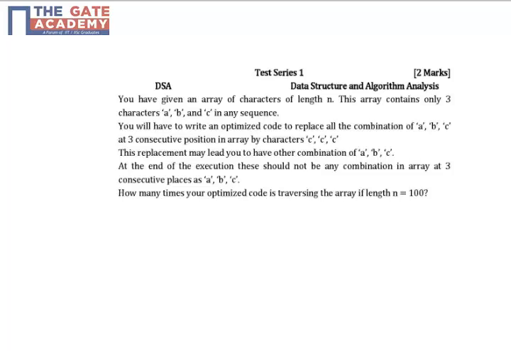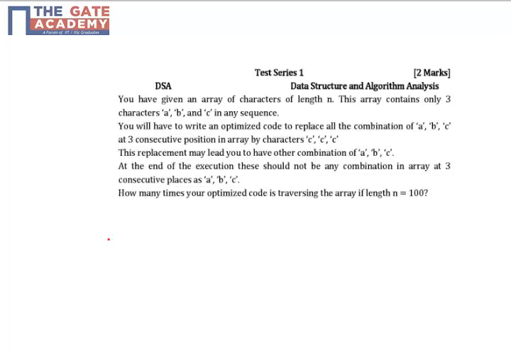The next question is to give an algorithm. In this particular question, they have given you an array of characters of n length, and in that array they have only A, B, C, or any combination of A, B, C. They have asked that all the sequential characters A, B and C should be replaced